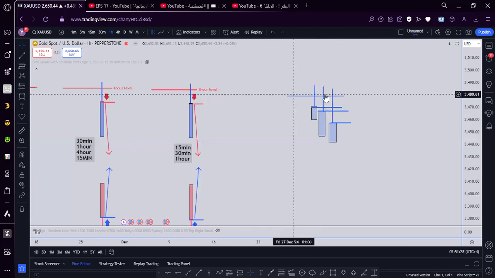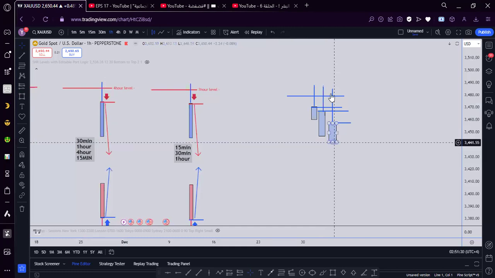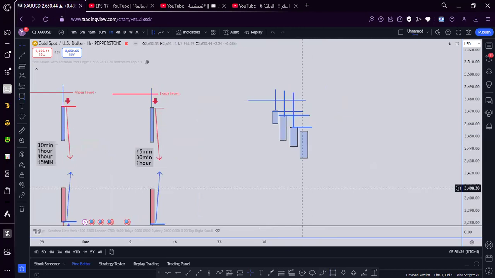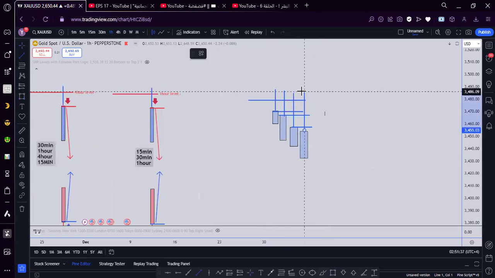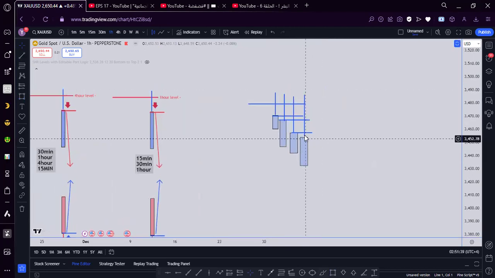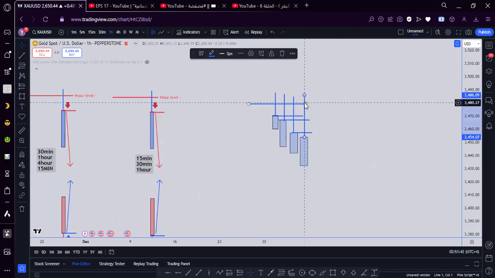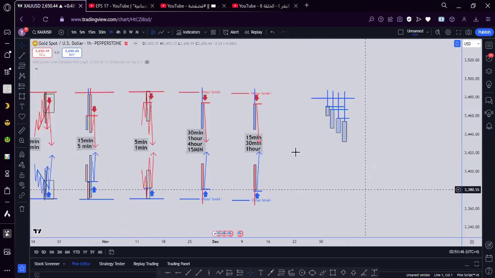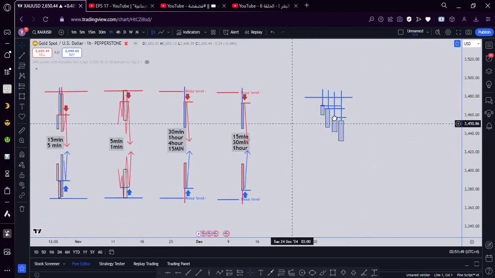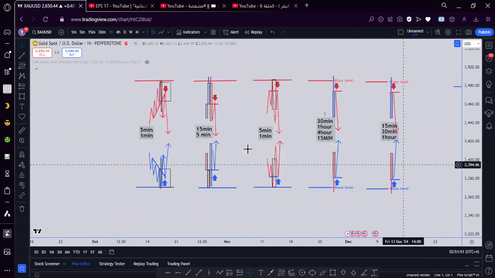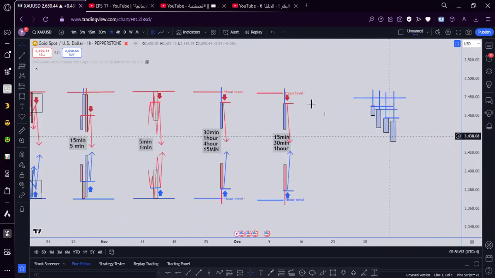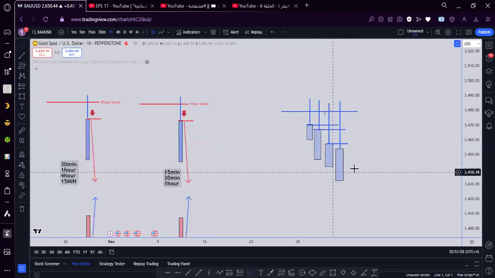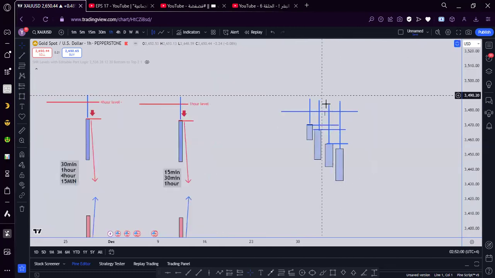30-minute candle rejected, enter directly. 1 hour candle rejected, enter directly. And if the 4 hour candle also rejected, enter directly also. So you will have 4 trades from one level, from one KM pattern, right? This is for the confirmations together. By the confirmations only, you will get multiple trades, and you can manage your risk